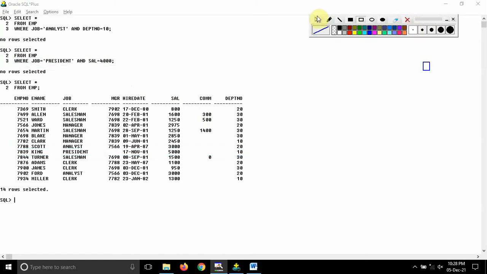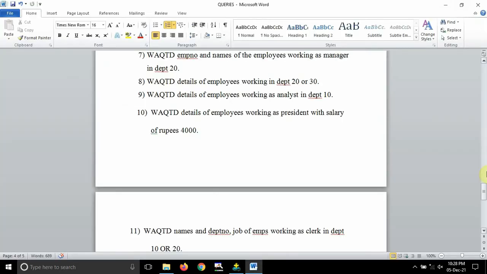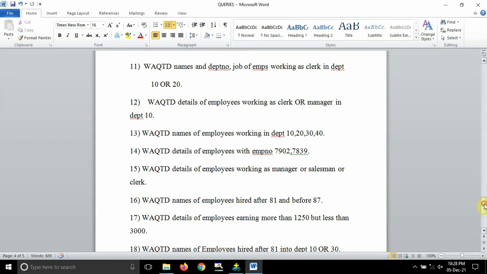So you should remember this table, or you can just note it down on pen and paper whenever you are writing the queries. Got it, guys? Yes. Okay, so the 10th question we have solved, and also I have cross-checked with the help of the employee table. I hope all your doubts have been solved there.